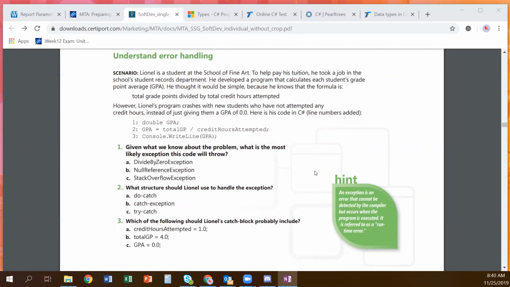Lion is a student at the School of Fine Arts. To help pay his tuition, he took a job in the school's student records department. He developed a program that calculates each student's grade point average, GPA. He thought it would be simple because he knows that the formula is total grade points divided by total credit hours attempted. However, Lion's program crashes with new students who have not attempted any credit hours. Instead of just giving them a GPA of 0.0,